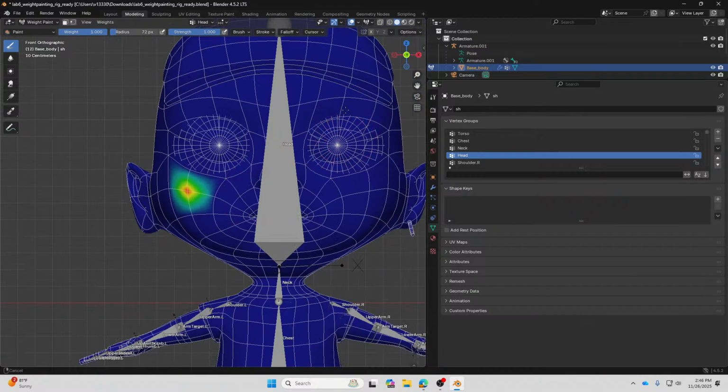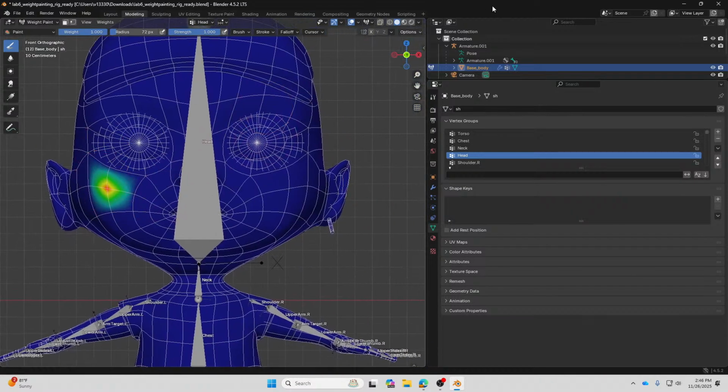Just do one, and do it for the area around the face or the head of the character. Later on I'm going to explain, but basically the bones should be controlling the adjacent or the closest geometry to it.